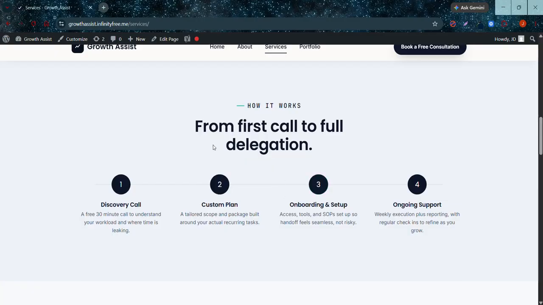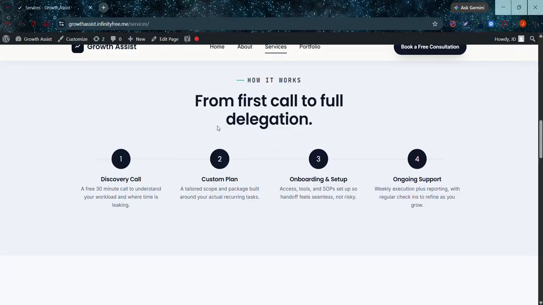And then here, if you hire me, this is the flow or process of our client to virtual assistant agreement.